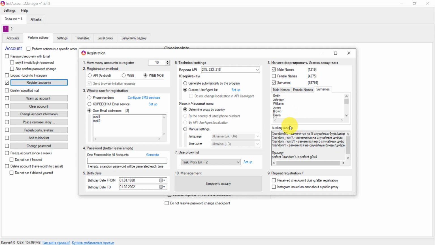Okay. Also, I have macros. For example, this macros, random 5, so it will be 5 random letters or numbers. Here we can have just random letters and numbers. Here 5 random numbers or random numbers. So numbers, we can see it there, how to do these macros. For example, perfect, random, it will be perfect and random letters and numbers here. G3,